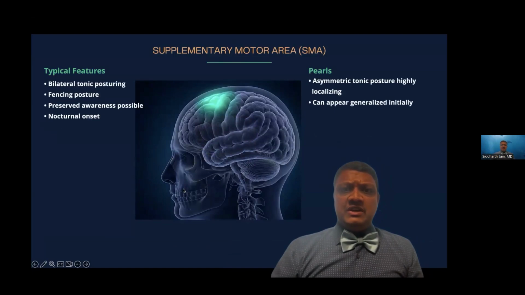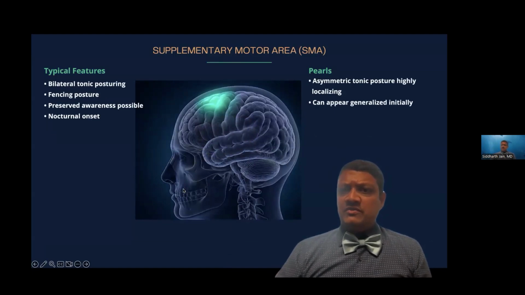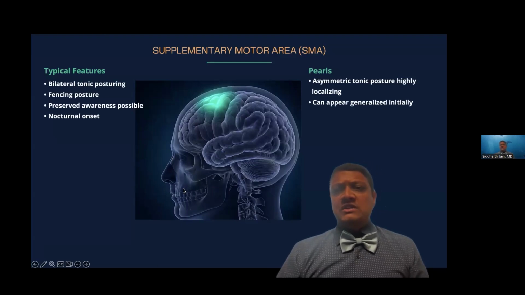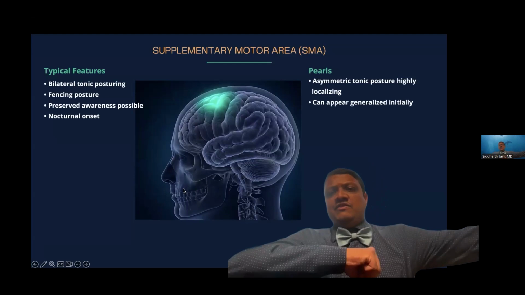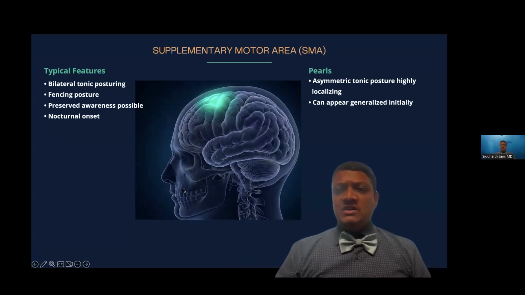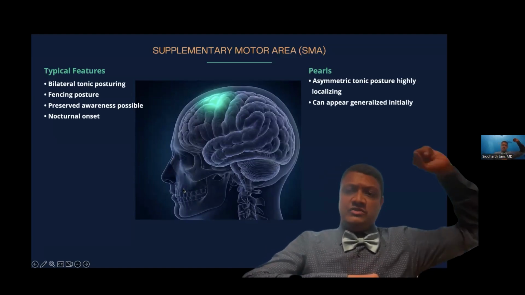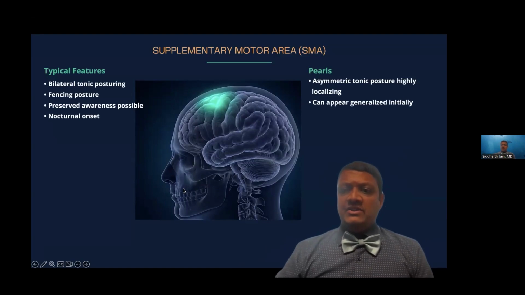Some special areas: the supplementary motor area, which is part of the frontal lobe, can produce very characteristic, although sometimes misdiagnosed, seizures. The classic sign is a fencing posturing with one arm extended, the other flexed, creating what we call a figure of four. The extended arm is contralateral to the seizure focus. And that's a very highly specific and reliable lateralizing sign in epilepsy. Awareness can sometimes be preserved, but